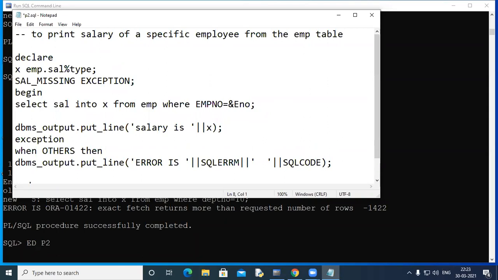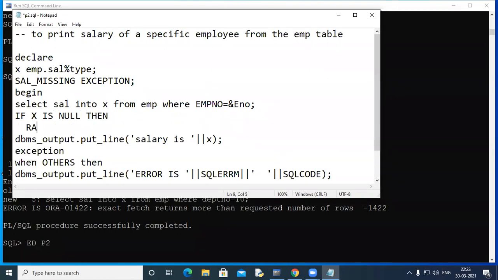So here, if a person is having a null salary, so if X is null, look at this very carefully, then you use a raise. See, predefined exceptions are raised automatically when some error occurs. But since this sal_missing is your own exception, you must know when to raise it.